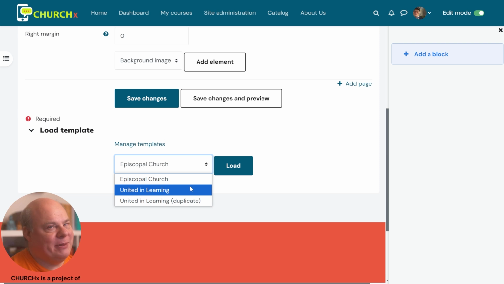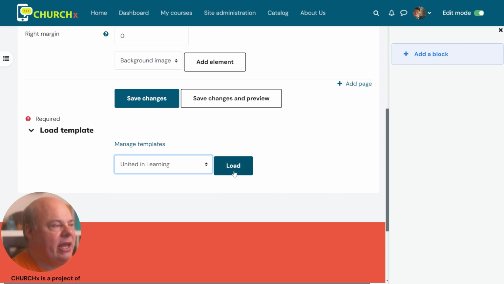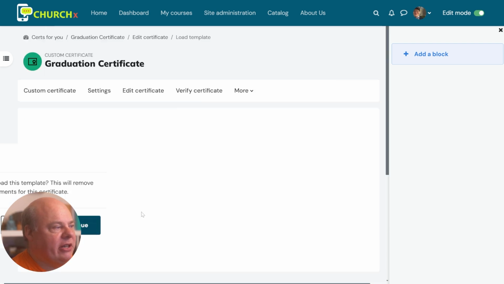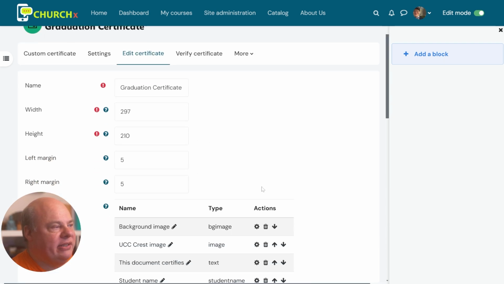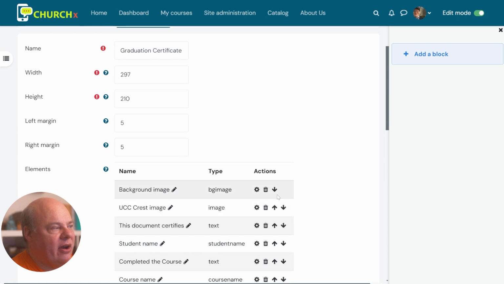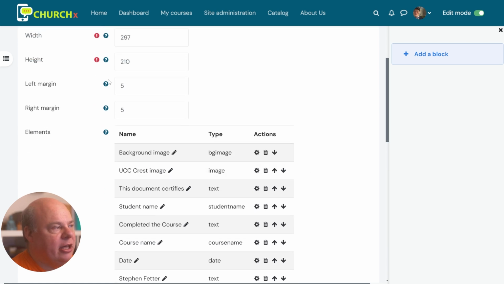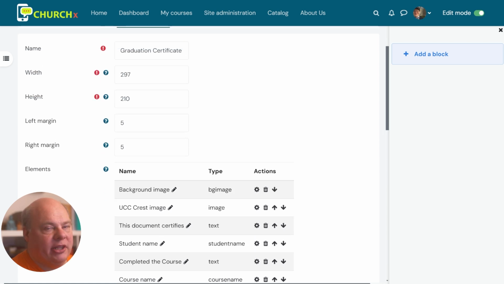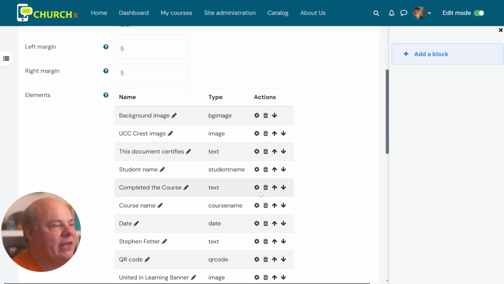But again, set it up as a template. Don't mess with it after that. So I'll show you what the United Learning one looks like that I made. I just put it in there and then I hit load, and it's going to ask me to confirm, and then boom. And now what it's done is that edit certificate thing now has a bunch of properties in it, like it changed the height, the width, the left margin, right margin, and then these elements that appear on